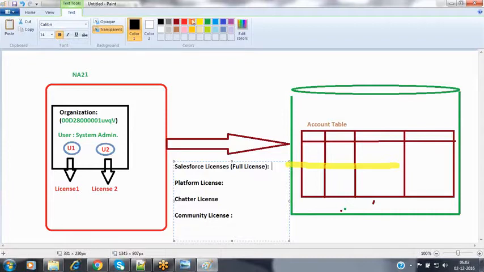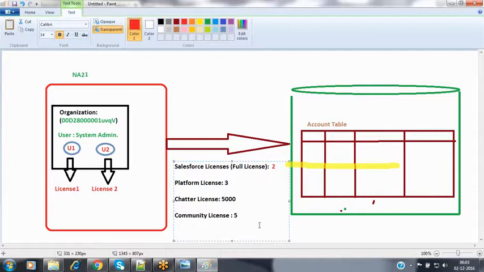Now let's see here. When coming to Salesforce, Salesforce is going to be offering 2 full licenses to you, nothing but 2 Salesforce licenses. And along with that, they're offering 3 platform licenses to you. And along with that, they're going to be offering 5,000 charter licenses to you as a free developer edition. And they're offering 5 community licenses to you by default here.